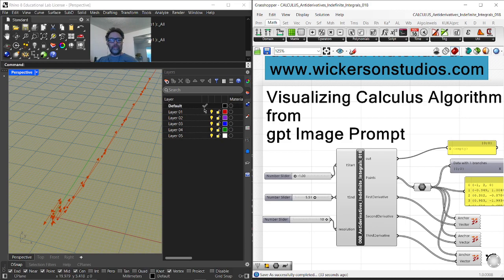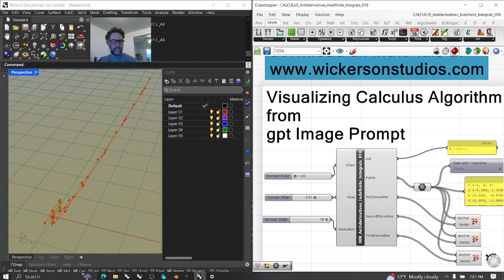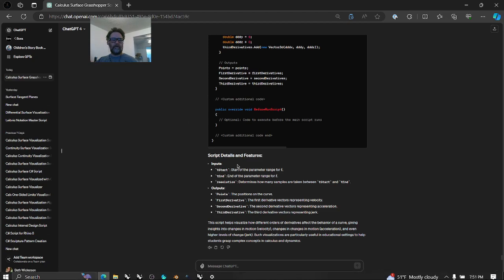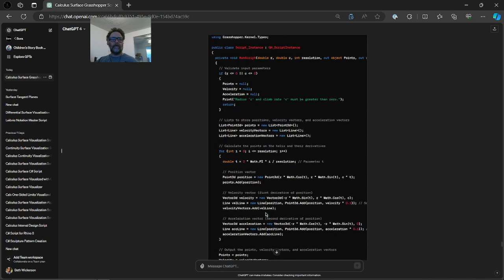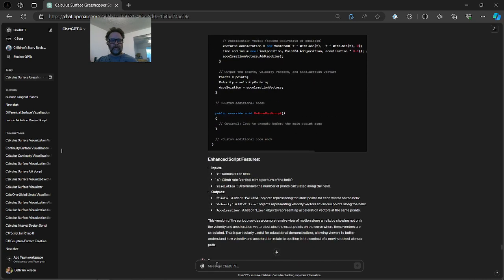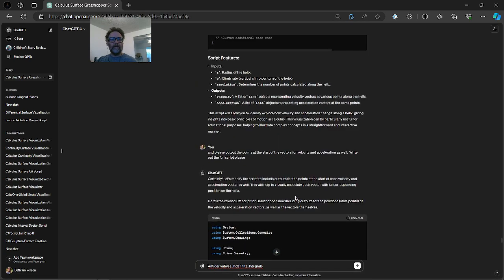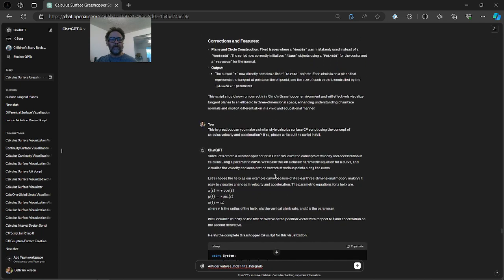I have a pretty good GPT prompt going right here, and I can literally just extend this with a simple comment. I'm going to prompt it with antiderivatives, indefinite integrals, sorry, not derivatives. And what should I do? Please output the points. This is from when I was doing the velocity. Great, but can you do a similar